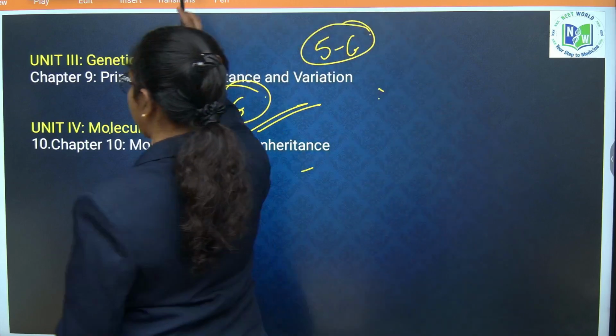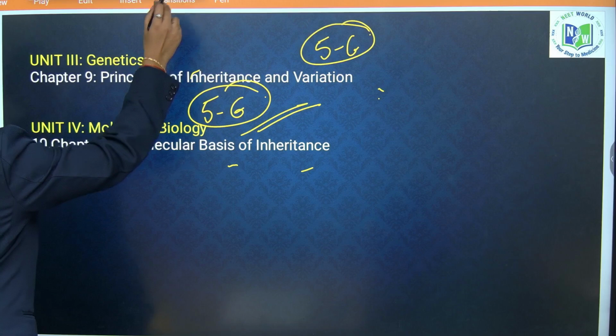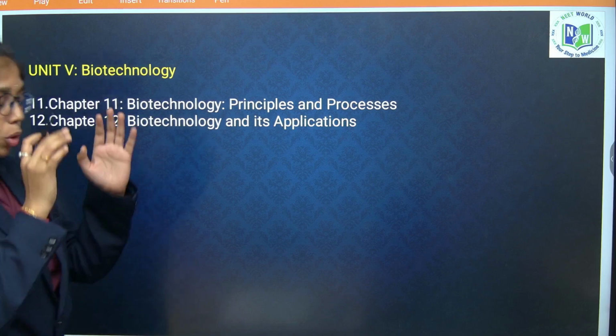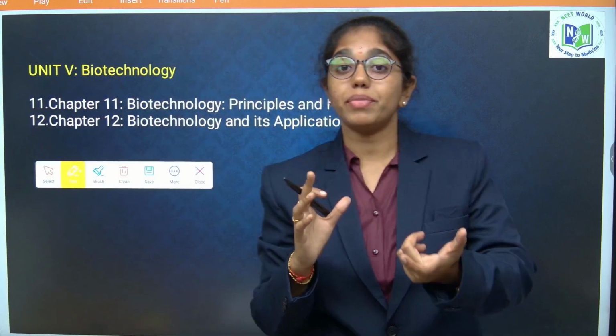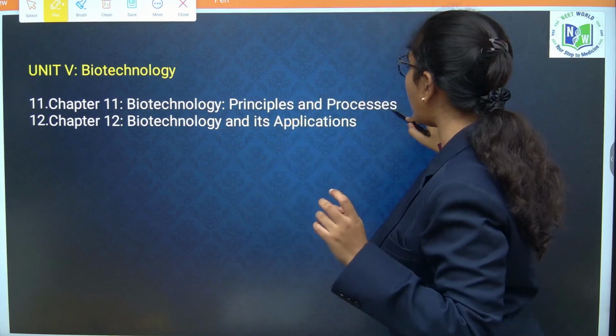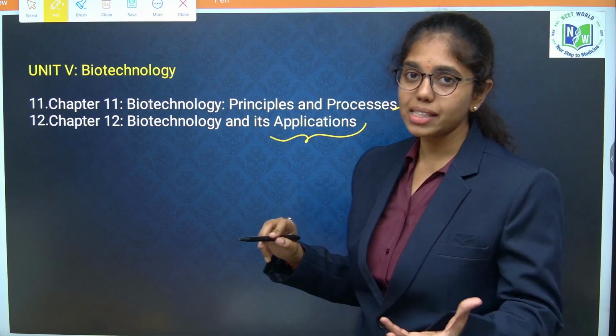Okay. Next, biotechnology. Biotechnology, principles and processes, you have to focus on rDNA technology. Most importantly rDNA technology. From that, restriction enzymes and cloning vectors, definitely the question will be asked from that area of this chapter. Next, biotechnology and its applications,